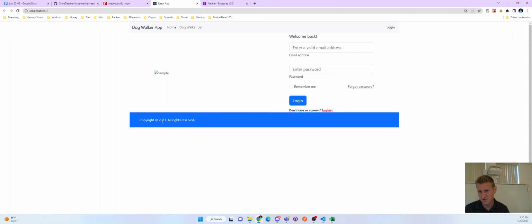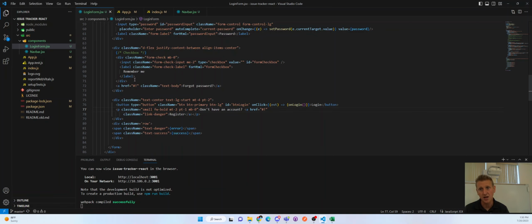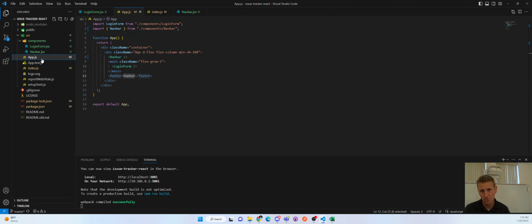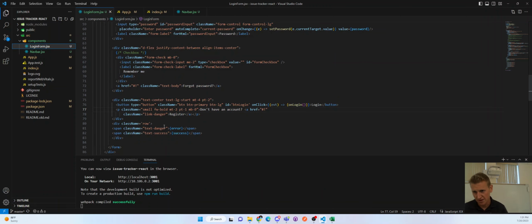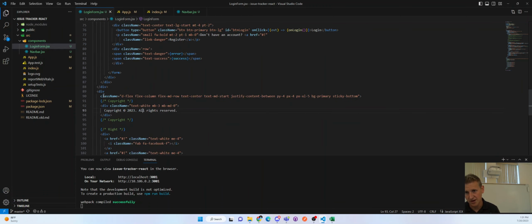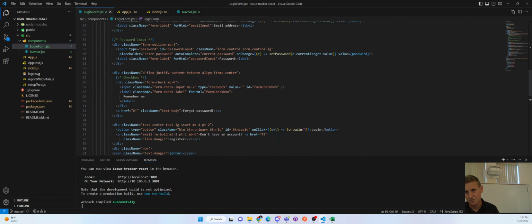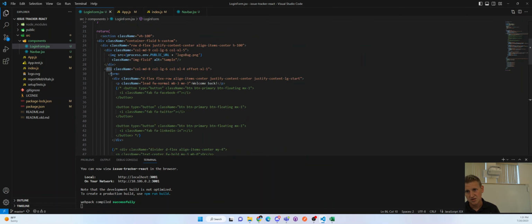What I'm looking for is copyright 2023. It should be at the bottom of the login form. That's what I thought. Oh, I just didn't go down far enough. So close